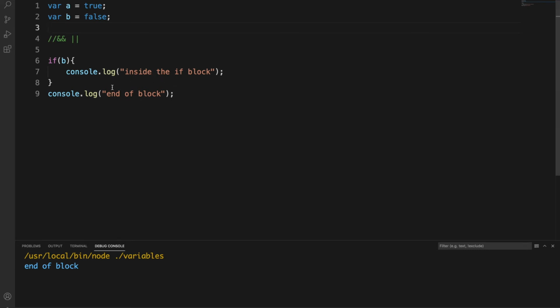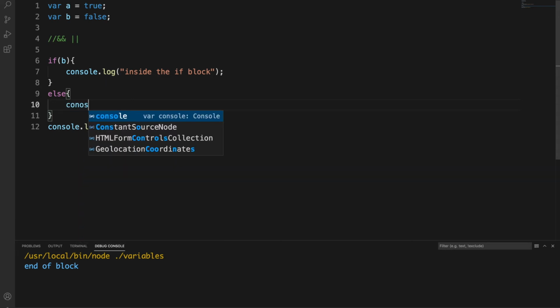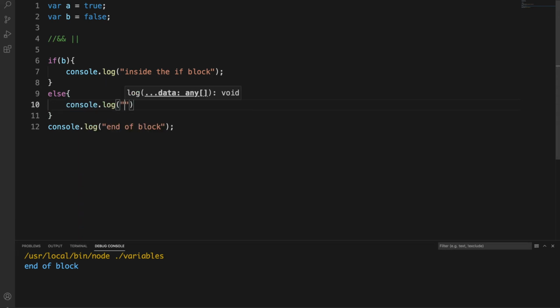Now, in addition to this, we can also have an else statement. Basically, an else is only run if none of the if blocks above it evaluate to true. Then it'll fall into else, and that will get run. But if any of the if blocks evaluate to true, then you would never hit the else block. So let's put console.log